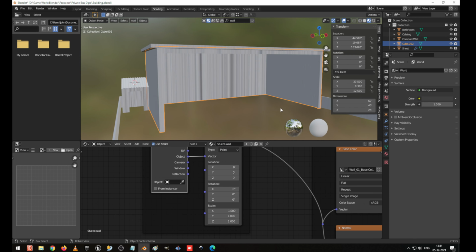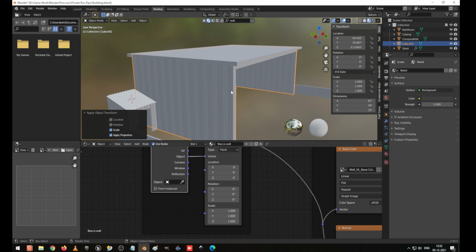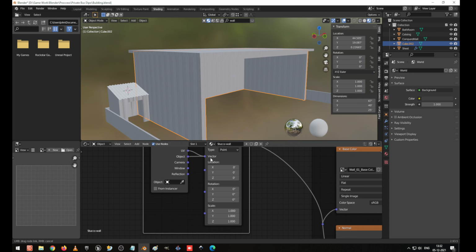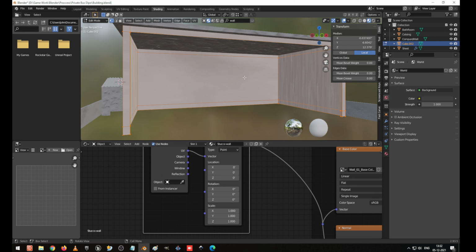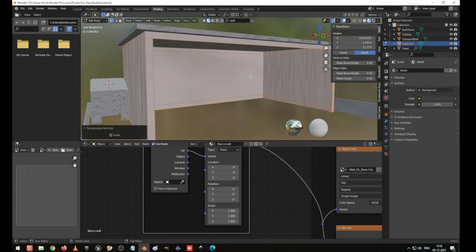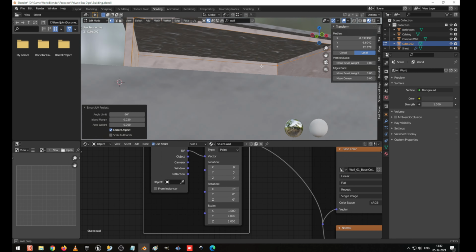Here is the problem we found. Here you can see the scaling is not even, so it's different. It should be 1. I select this, Ctrl A, and apply scale 1. Okay, now I go to the UV and vector. Now I go to edit mode. I select everything. I press Ctrl Shift N to make normals outside. I make it normal, and now U, Smart UV project unwrap. I unwrap it. So now we can view that everything has come correctly and perfectly.